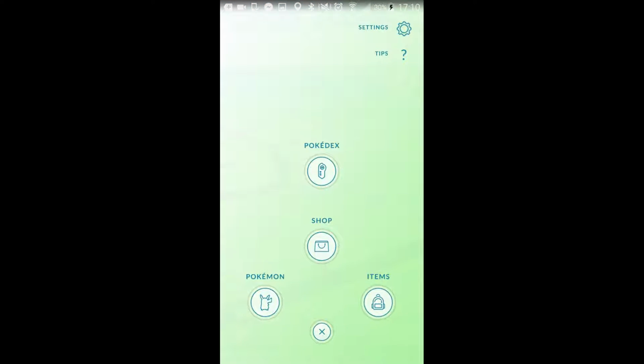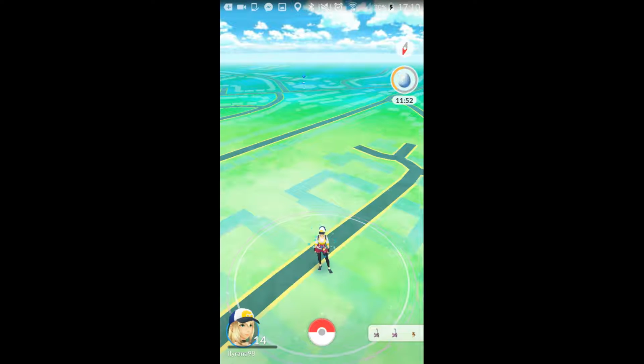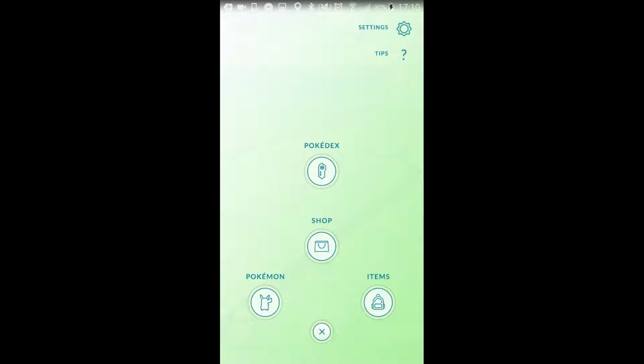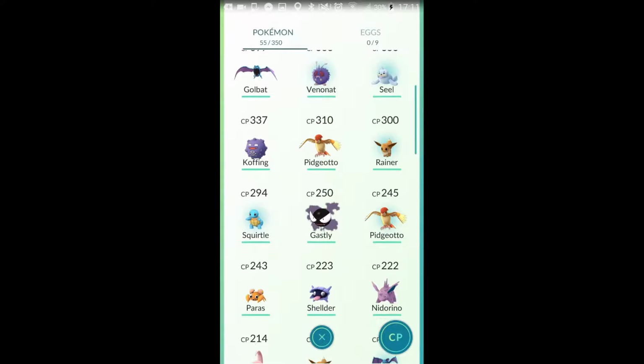But basically the best way you want to level up is when you see Pidgeys, Zubats and Spearows, don't just go, oh, they're bad Pokemon, and leave them. What you want to do is capture all of them, as many as you can. For example, I've got